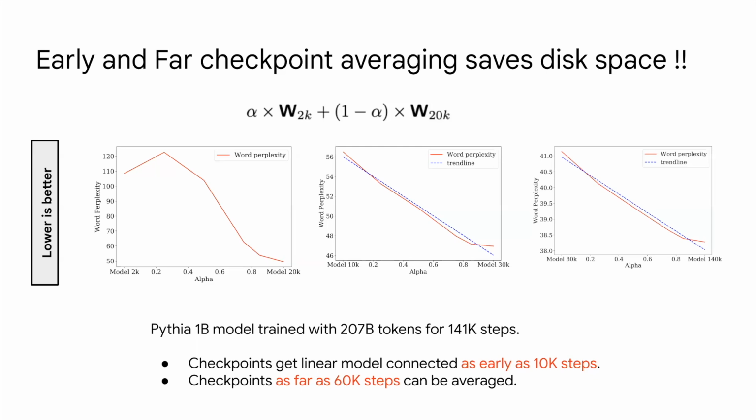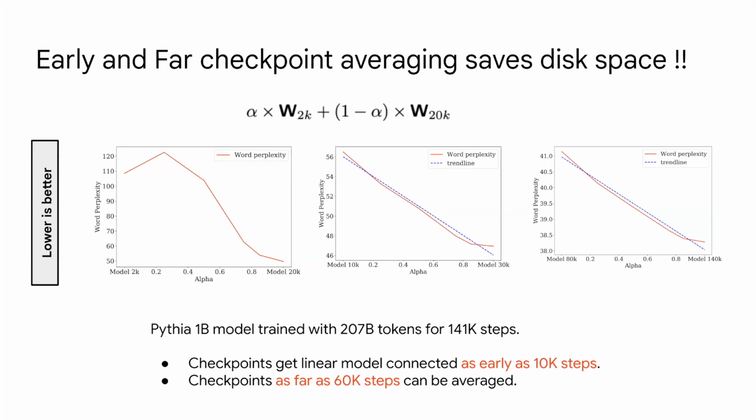Yeah. Training steps going into 10K, as you see in this middle plot where a model is linear mode connected to a model which is 20K steps apart, and this is as early as 10K. This entire model is trained with 141K steps, and as early as 10K, your model gets linear mode connected, which means you can average early. So this intuition might be super simple. I know it's super simplistic, but this is not the way averaging was conducted in prior baselines, EMA or say SWA, stochastic weight averaging. So that's why it's called early.